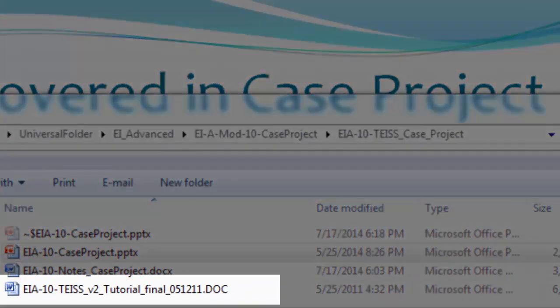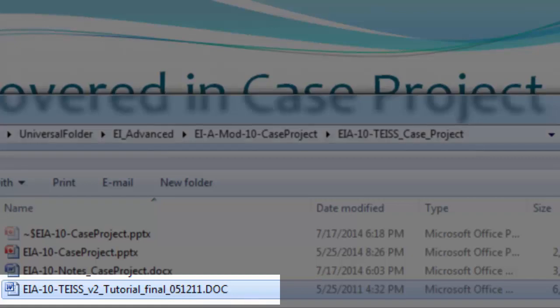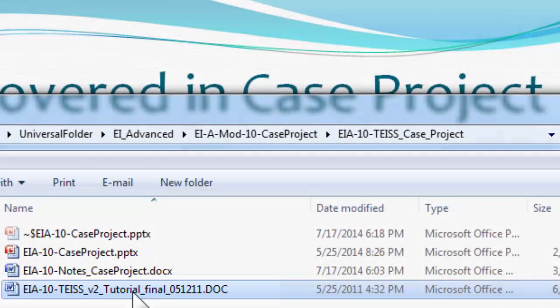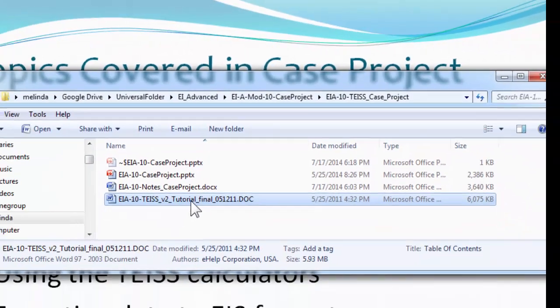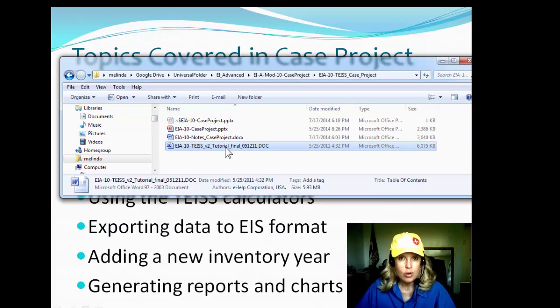In this module, you're going to be working through the tutorial that is in the folder, and it's called TEISS Tutorial. This tutorial lays out carefully, page by page, screenshot by screenshot, what you're going to do, and I'm going to demonstrate it. But the objective of this module is to do sections 1 through 4 of this tutorial, which includes the point source, the non-point source, doing the calculations, error checking, and exporting the project, all of which you're going to have to do for homework for this module, and then email us the zipped project for us to